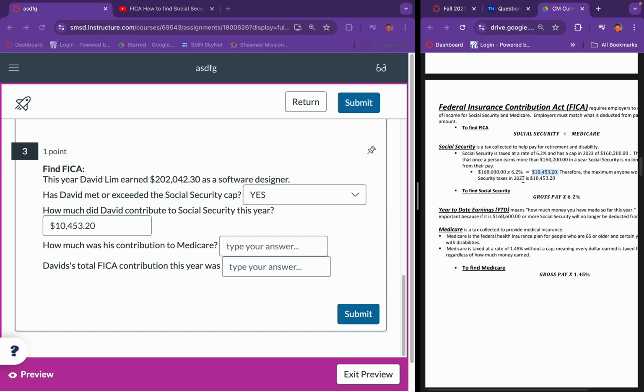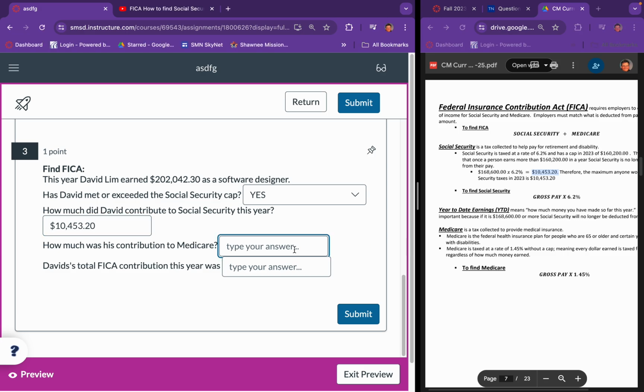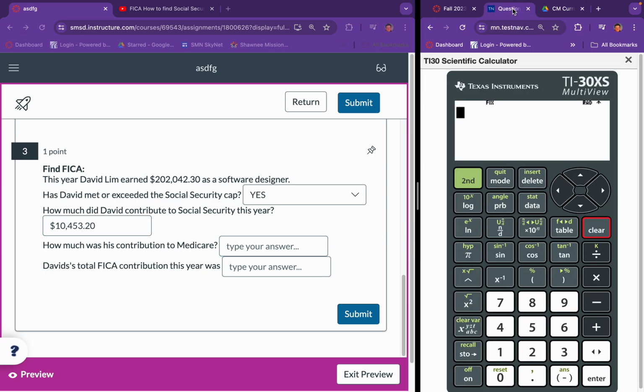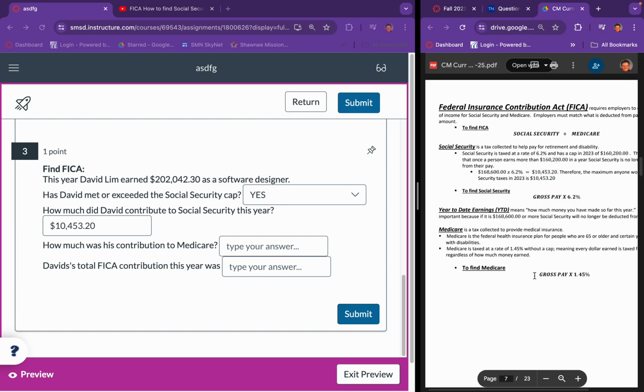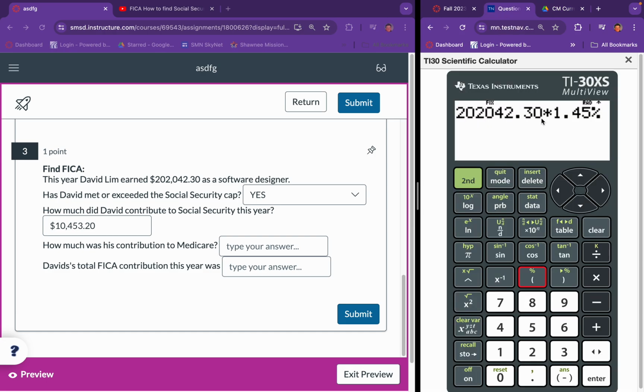Okay? We still have to do Medicare because Medicare has no cap. So Medicare has no cap. So we're going to take what he earned, which is $202,042.30, and we're going to multiply it by 1.45%. And again, you don't have to have any of those numbers memorized. If you look at the notes, it's right here. What he earned times 1.45%, okay? What he earned times 1.45%. So what did he pay into Medicare? He paid into Medicare